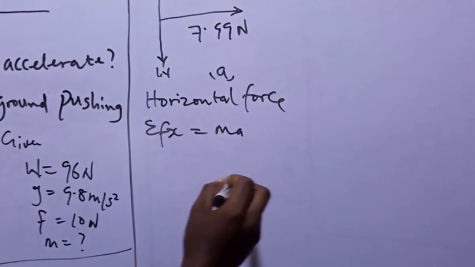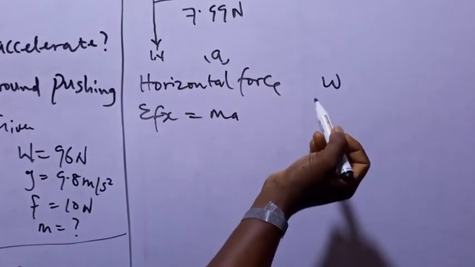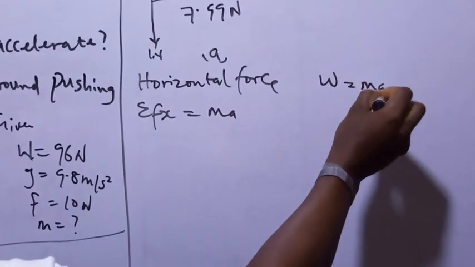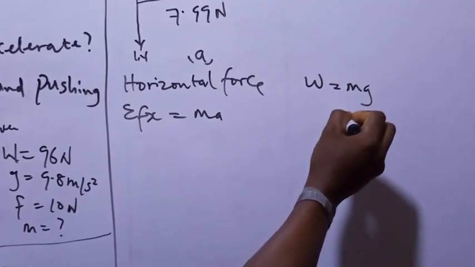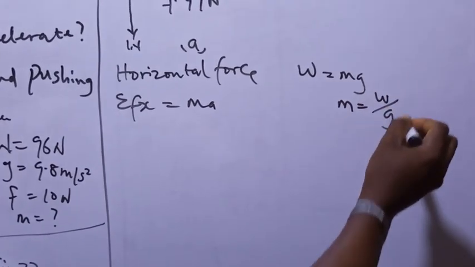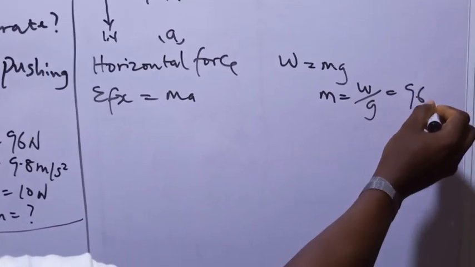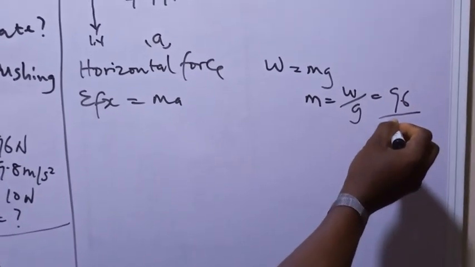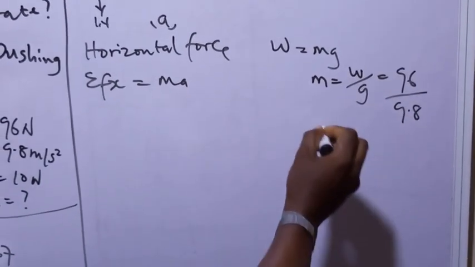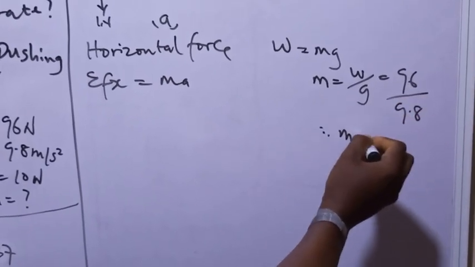We really don't have mass here, but we are given weight in the question. Weight is equal to mass times acceleration due to gravity, so mass is equal to weight over acceleration due to gravity, which is 96 as given over 9.8. Therefore, if you divide 96 by 9.8, the mass here will be